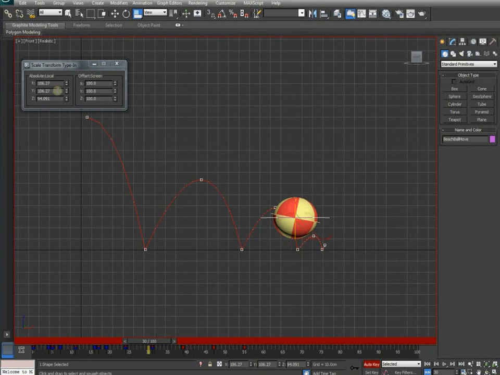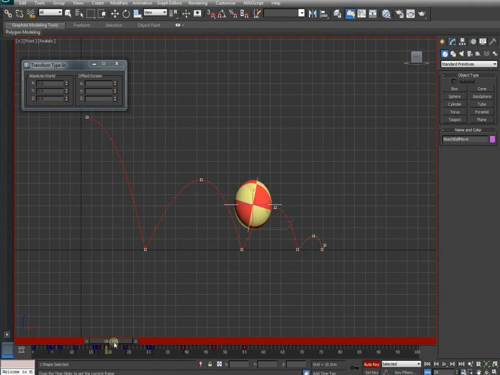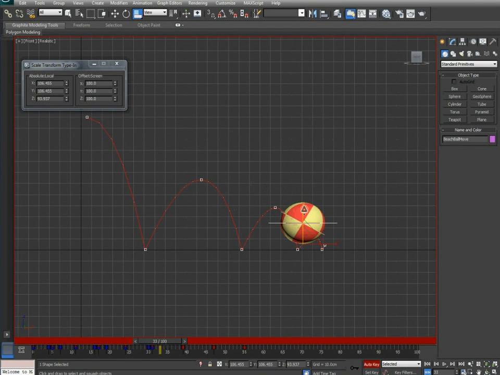One frame before that, no squash at all, and 2 frames later it's going to stretch. And how much was it last time? 111, so it's going to be less than that. 106. And it's going to regain its shape to see 100,